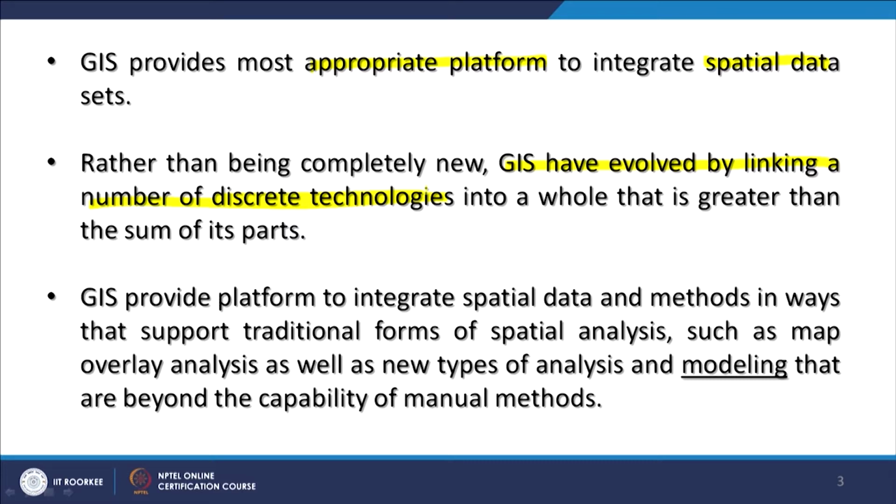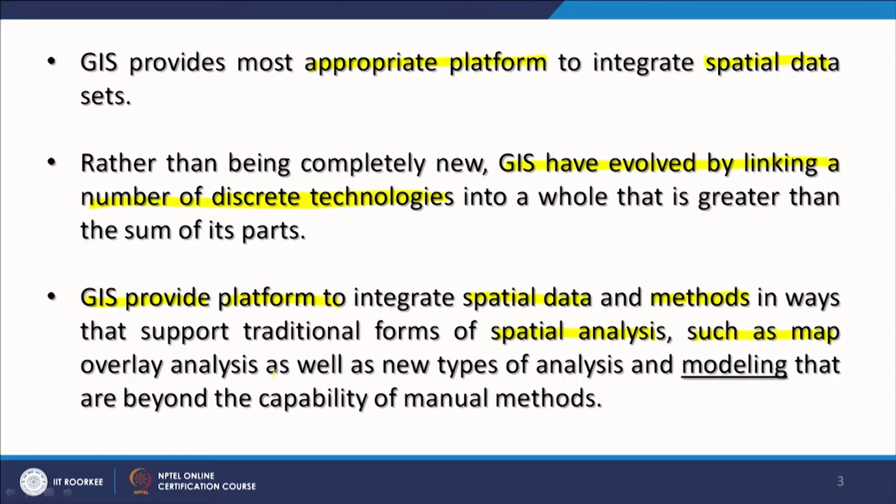As we have just discussed, GIS provides a platform to integrate spatial data and methods, because methods, algorithms and concepts from other domains, especially mathematical or computer science domains, are being incorporated into GIS, and that ultimately provides better spatial analysis.